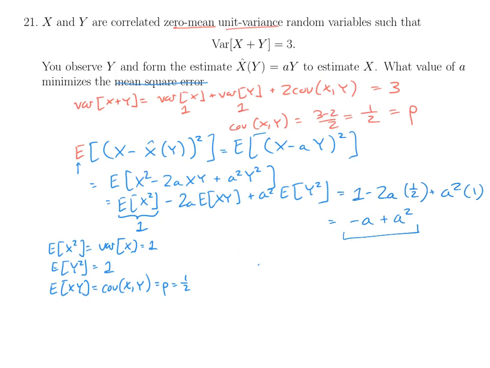F sounds like a PDF. If I just define some function g of a equal to 1 minus a plus a squared, right? Then if I plot g of a as a function of a,